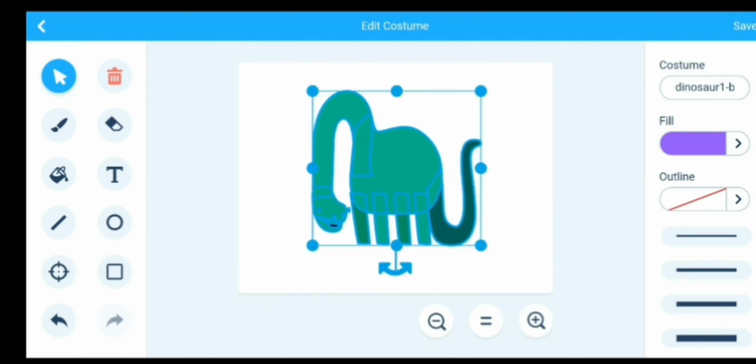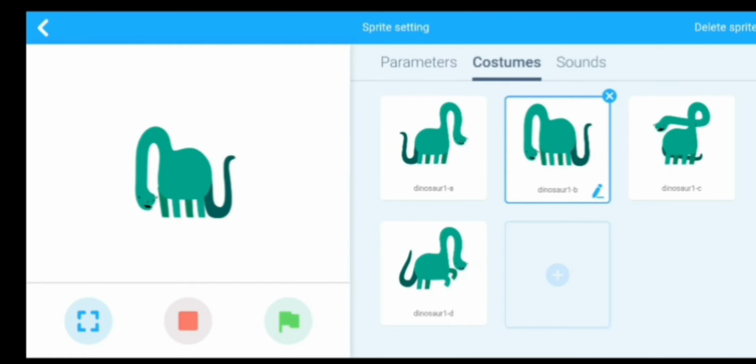Okay, and then save it. Here I have flipped this sprite. Okay, you can modify any sprite, any costume like that.